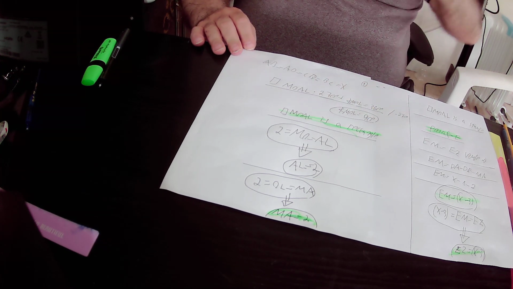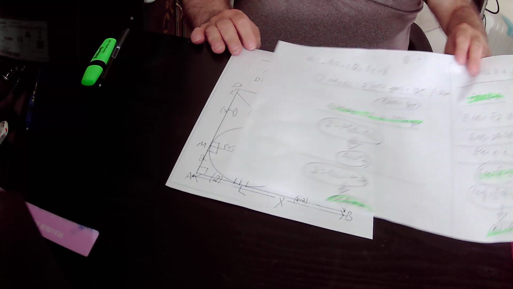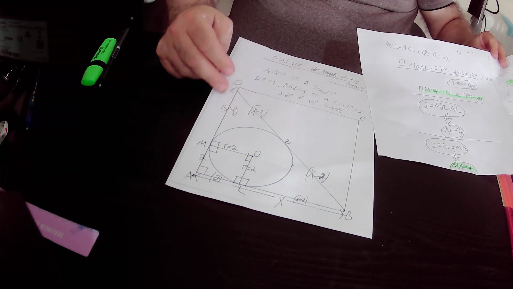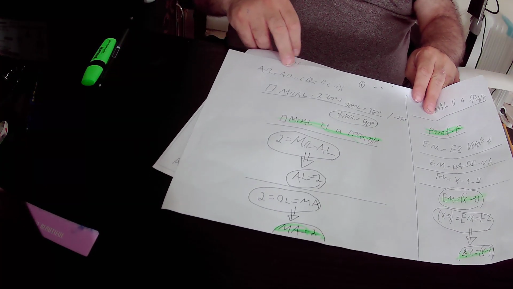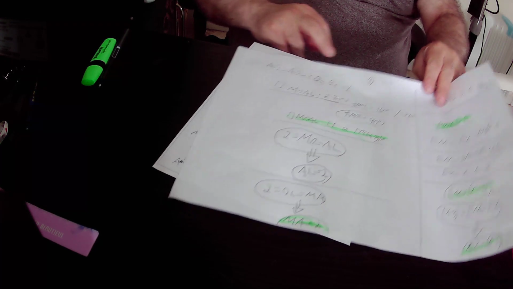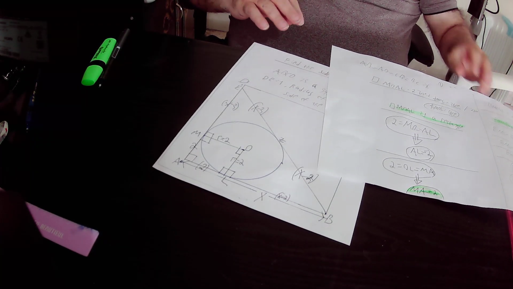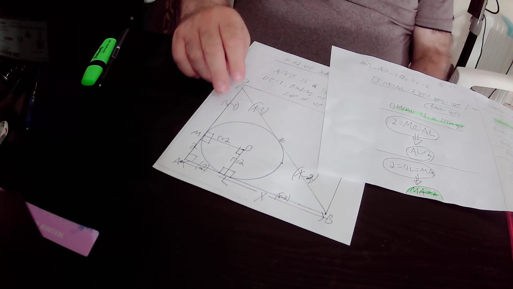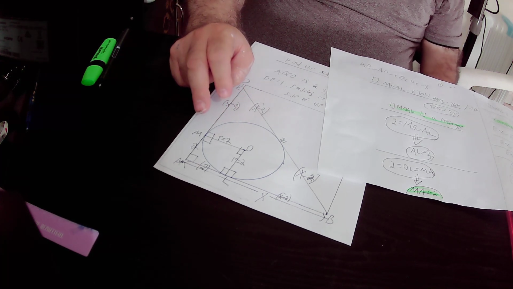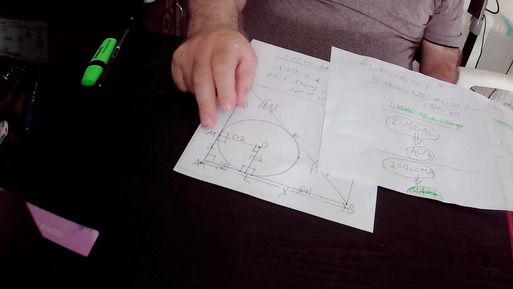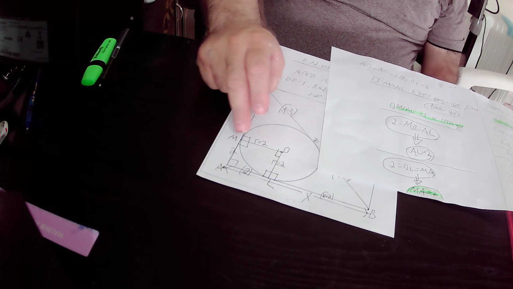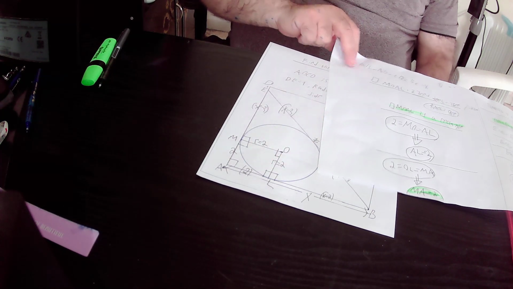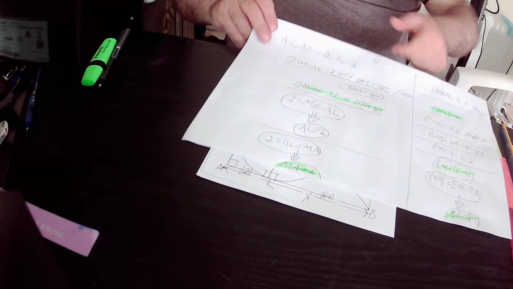Okay, but before that we actually defined the side of square ABCD as x. That is to say, AB equals AD equals CD equals BC equals x, according to our definition. So we know that the quadrilateral MOAL is a rectangle because it has 4 right angles, and we know that the opposite sides of a rectangle are equal to each other. That is to say, MO must be equal to AL,